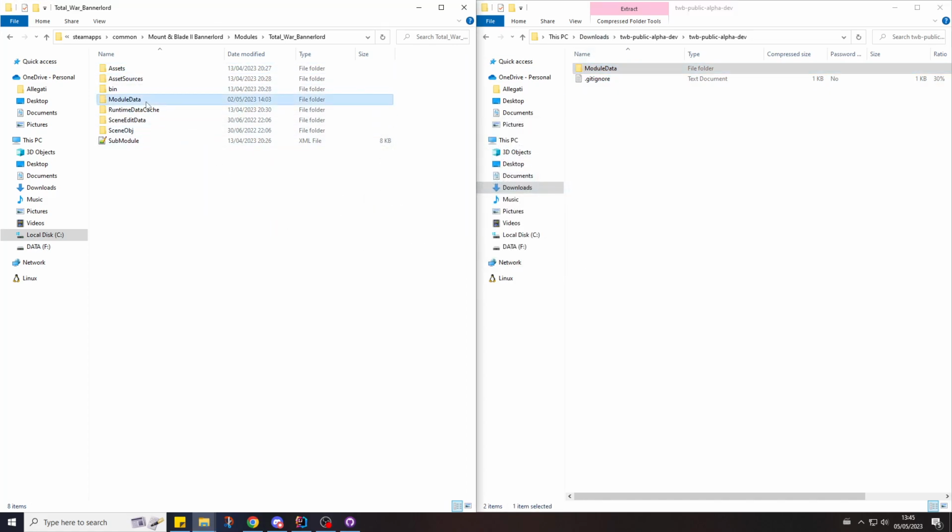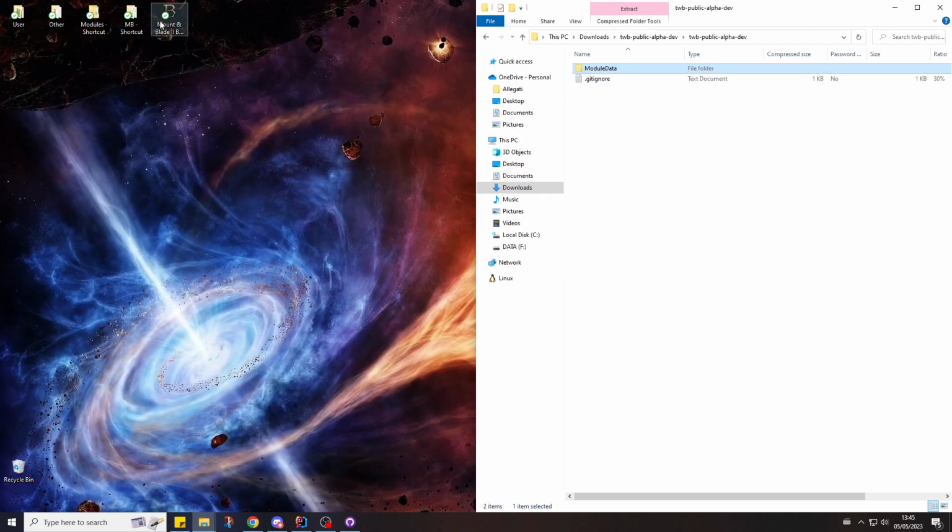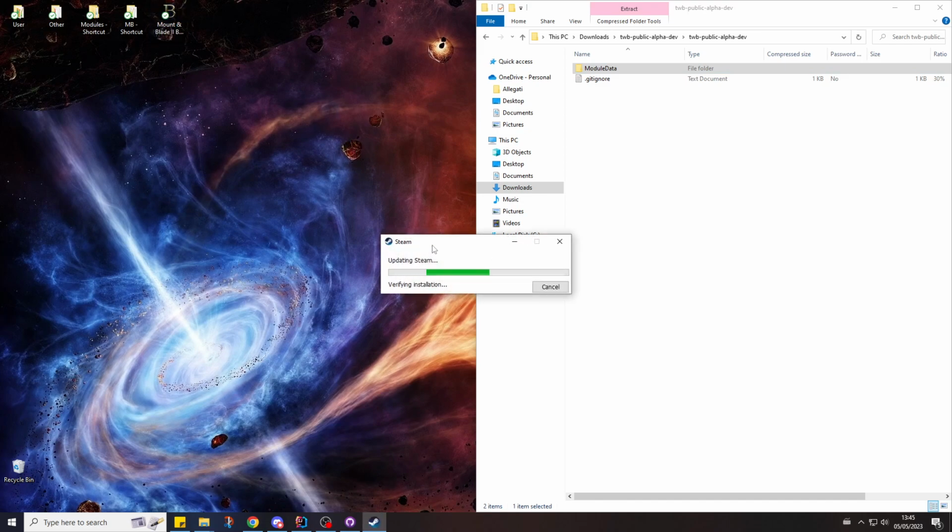So the rule would be to always delete the old folder and then put in the new folder, because if you delete a file, otherwise you have leftover files. So now I can open the game and see if it crashes. This is part of the settlement update, and